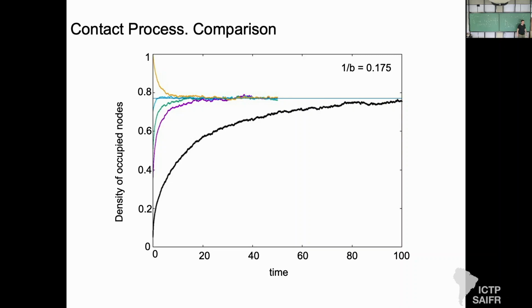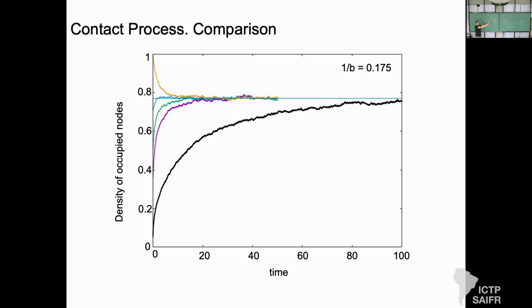But I think we are losing something. What I'm showing you here is 1 divided by b, 0.175, for 0.79. So this red point is this value, right? So the fact that this has a stationary state, fine. This has a stationary state, fine. But my question is,